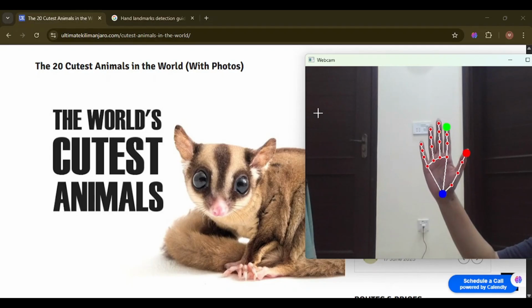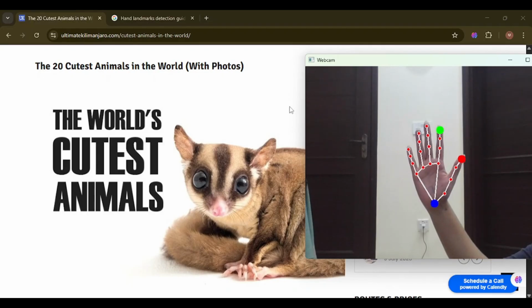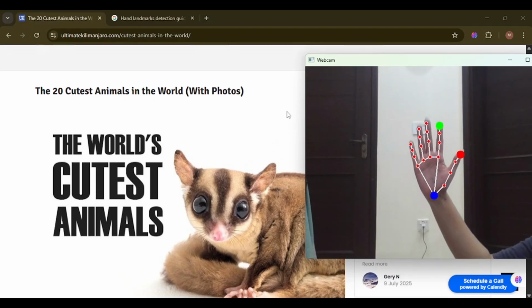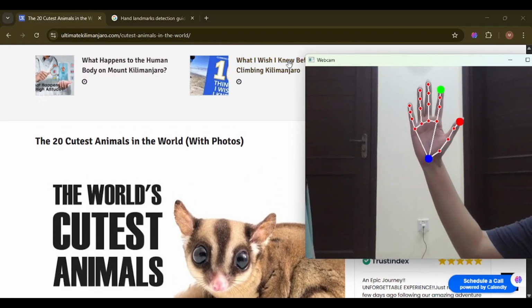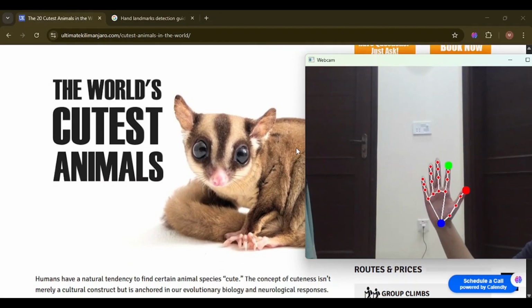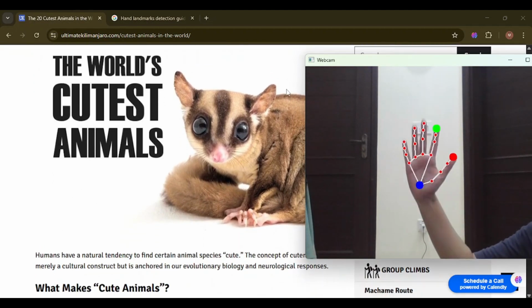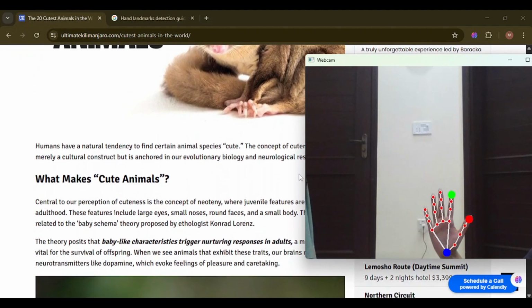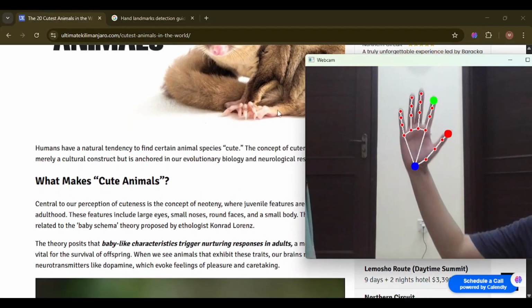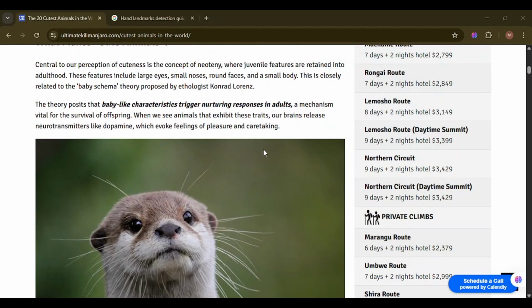So these are my hands. My thumb is represented by the red circle, my index finger by the green circle, and my wrist is represented by the blue circle. Now you're going to see as I move my wrist up, it's going to scroll up for me. And when I move my wrist down, it is actually going to scroll down for me. So I can move my hand further away if I want to scroll really far down. So it's basically perfectly controlling my scroll up and scroll down motion. I can even move a little bit faster to control the motion, and it's still going to work. So that I think is pretty awesome.